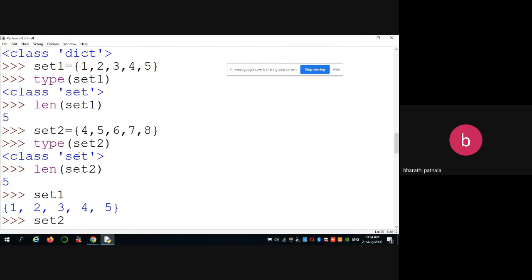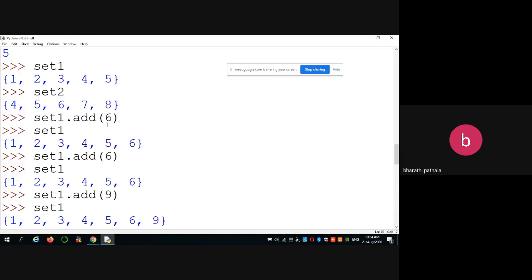Okay, similarly you can create one more set, and if you want to add any element into your set, you can add elements using the add function. If the element already exists, then it cannot be added to your set, because a set does not allow duplicate values, isn't it?